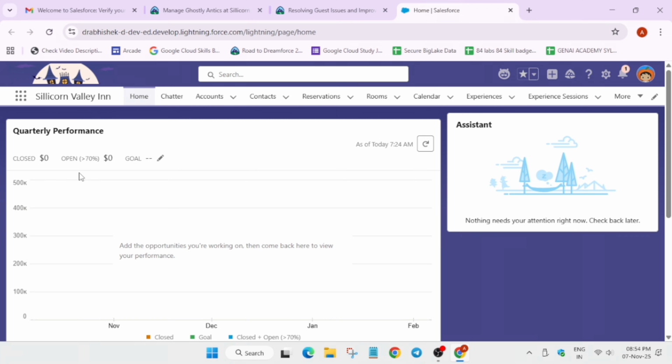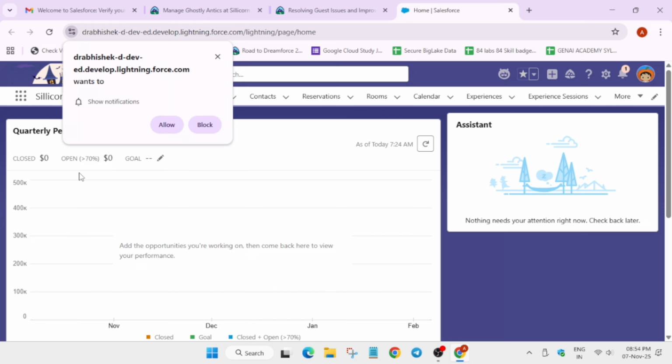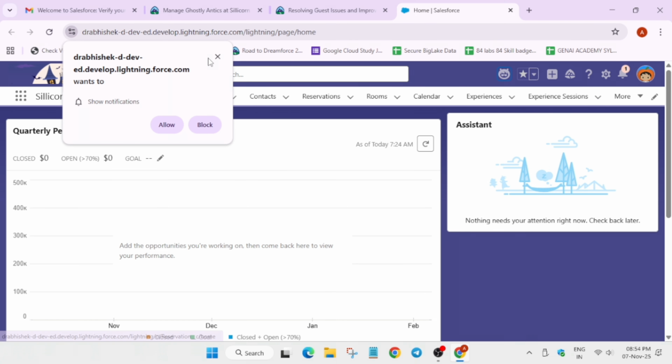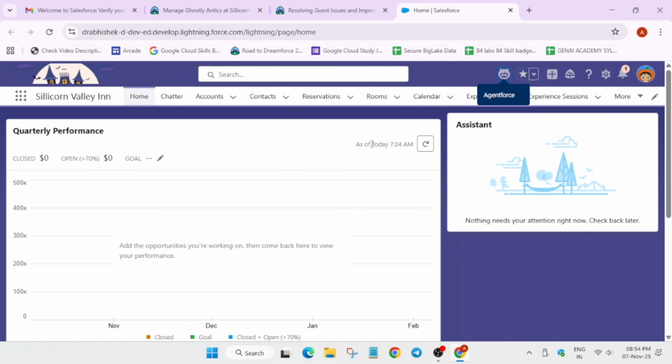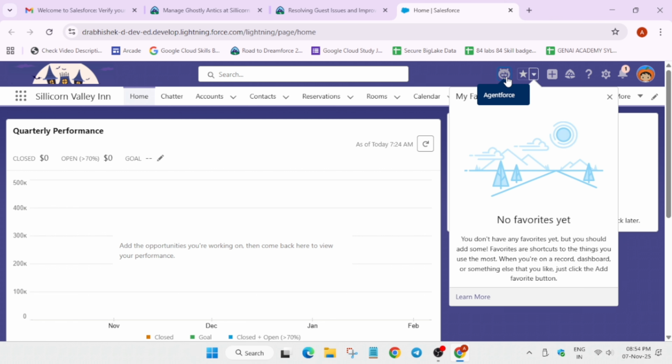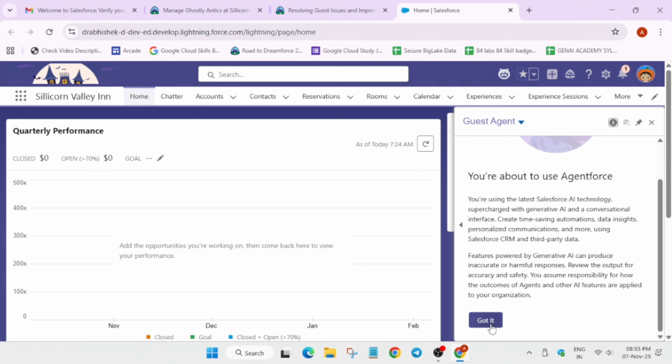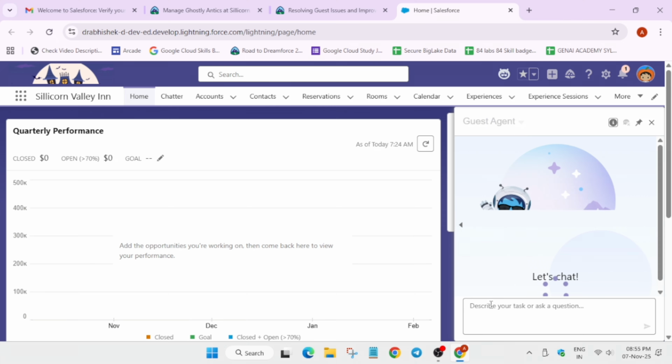and here you can see the Silicon Valley Inn is live here. Now to close the notification you can just click on block, and here you can see this Agentforce icon. You have to click on it to activate the chatbot. So just click on it and wait for it to get activated. It's taking some time. So finally it's ready. Now here we have to just click on got it and wait for the agent to